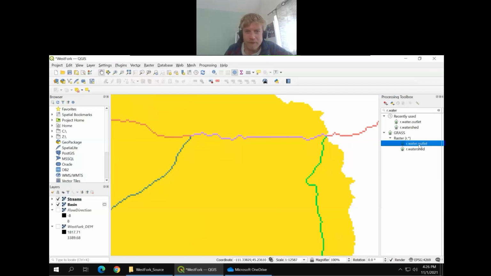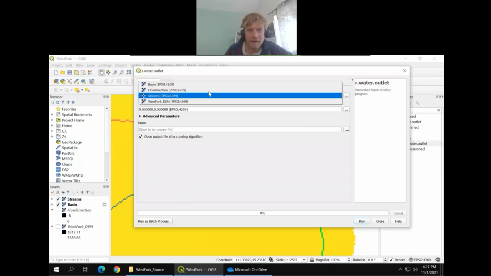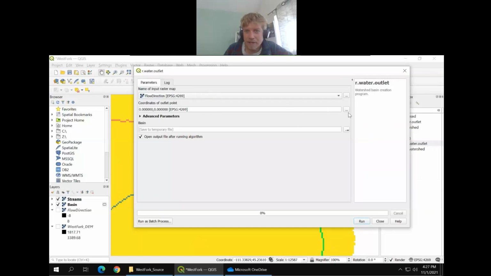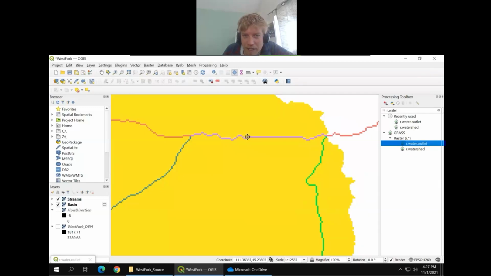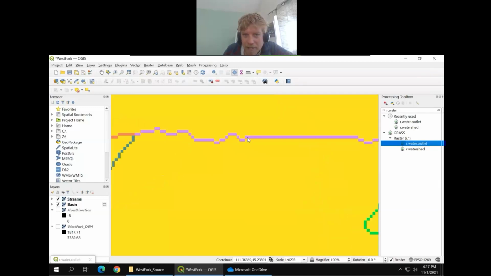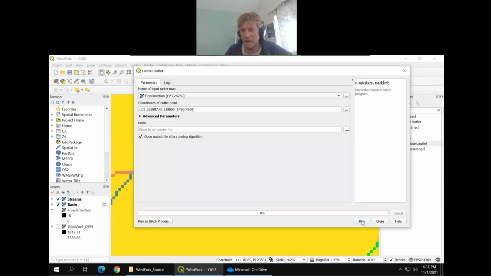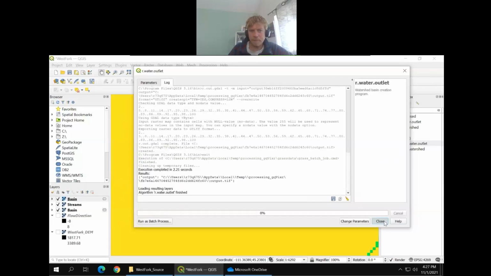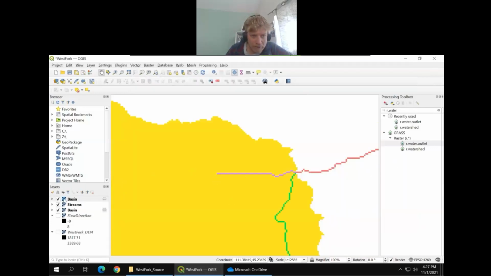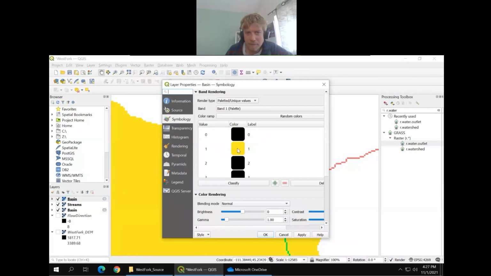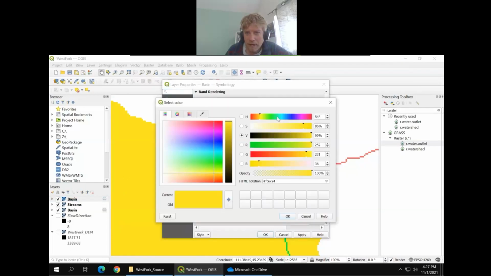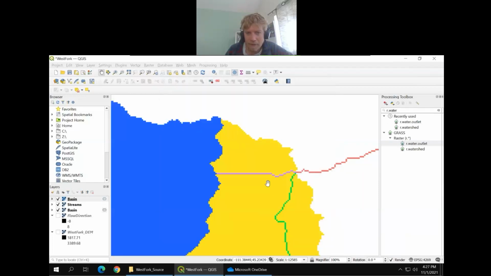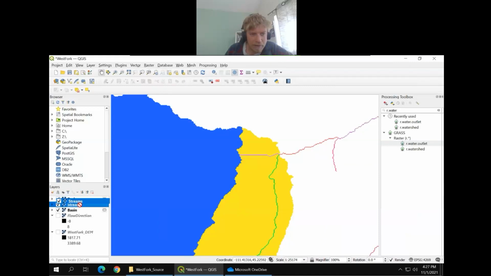So I'm going to run r.water.outlet again. Flow direction is my raster, and I'll just click, say, somewhere around here. Say that's the top of the area that we're looking at. Run that. Oh, great, they're the same color. We better change the color of one of them. We'll make it blue. Okay, so now,